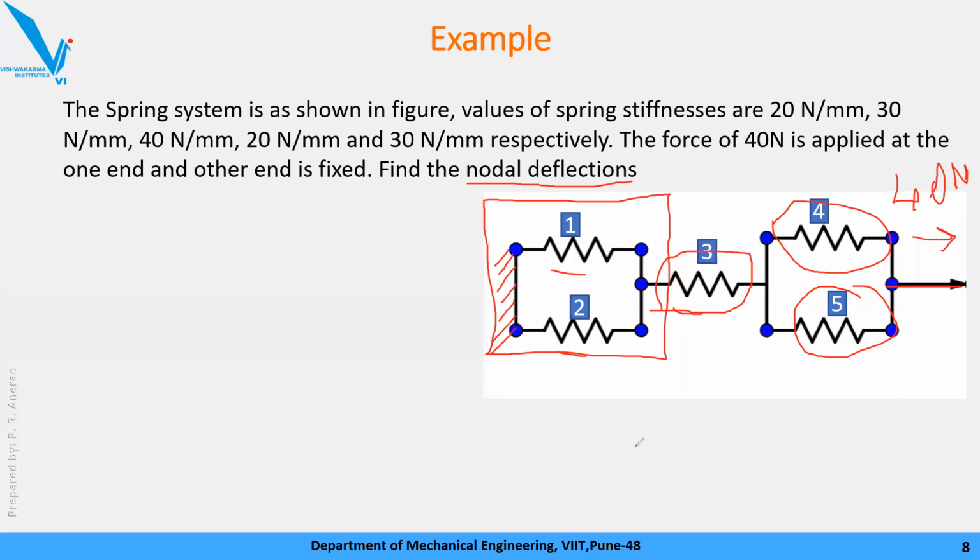So this is the system, and what we need to calculate is the displacements at these points, the nodal displacements. So this point is called a node, a junction. Wherever you have joined the springs, that section will be your nodes. You are going to learn this in finite element method, also in the CAD CAM subject, so don't worry about it. I just would like to show where these numerical methods are implemented and used by mechanical engineers.